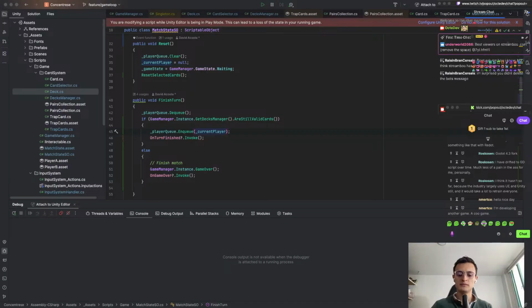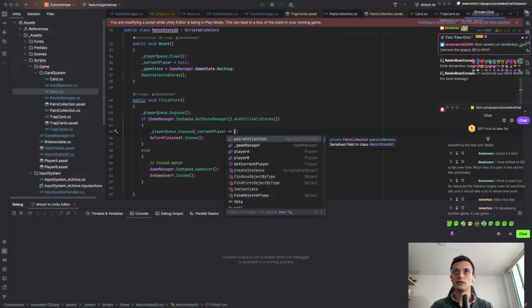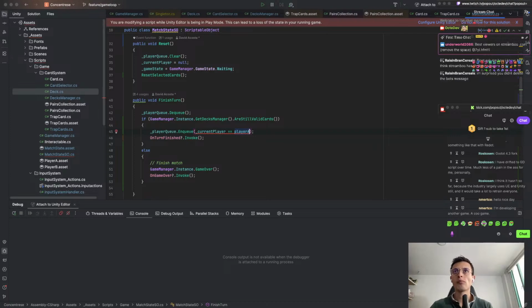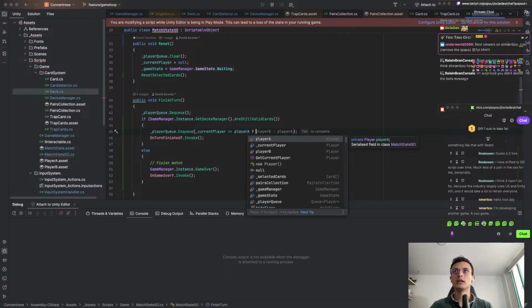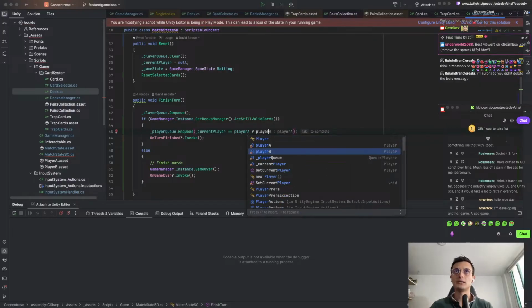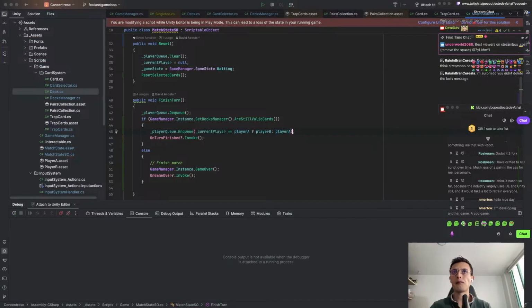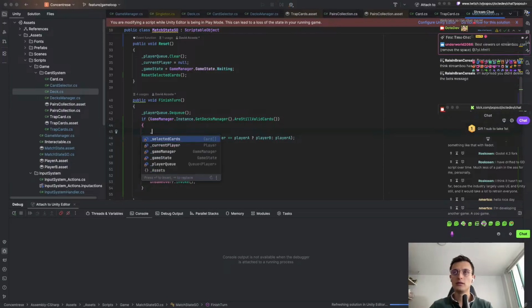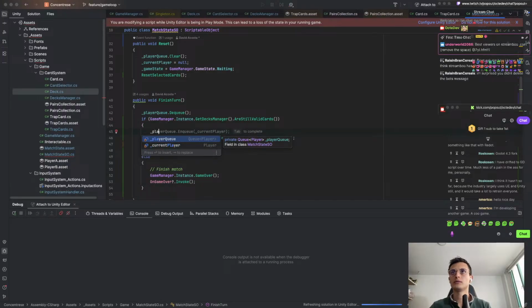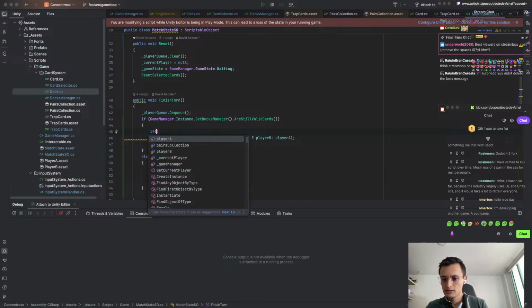So if current player equals player A, then I will say the next turn is player B. If not, then the next player will be player A. But this happens only if player Q. Okay, I need to create a condition. So if